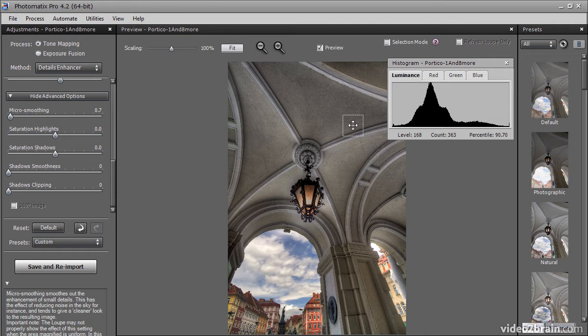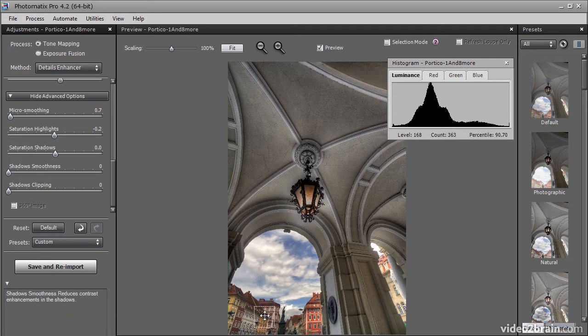We can also adjust the saturation levels independently for the highlights and the shadows. In this case, we don't have a tremendous amount of color in the highlights, and so increasing the saturation highlights value is not going to have a huge effect in the image. You can see some portions of the buildings in the background certainly get more vibrant, but most of the areas in the ceiling here are more of a mid-tone value, and there's not much color there to begin with. So we're not going to have a huge effect for saturation highlights other than the brighter areas of the buildings in the background. In this case, I'll leave that value at a relatively high setting because I really like the